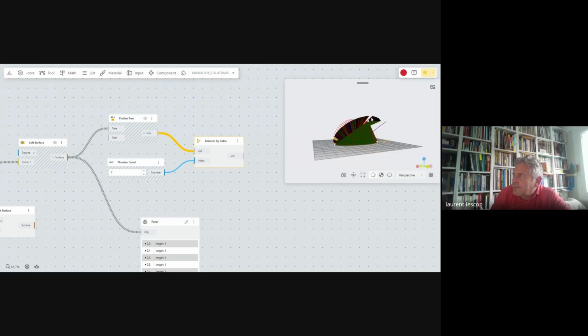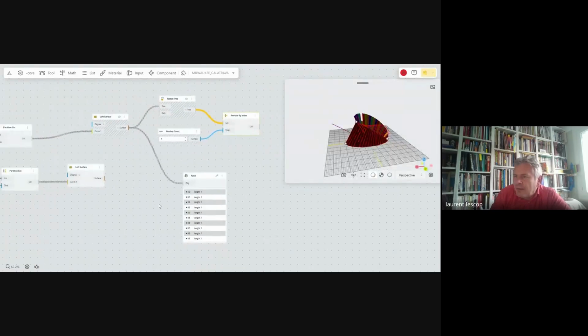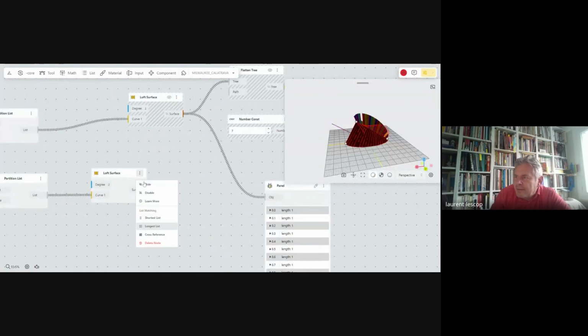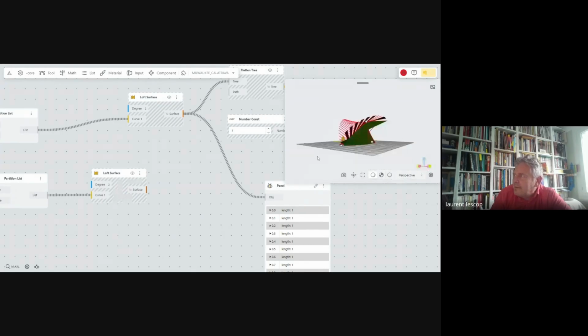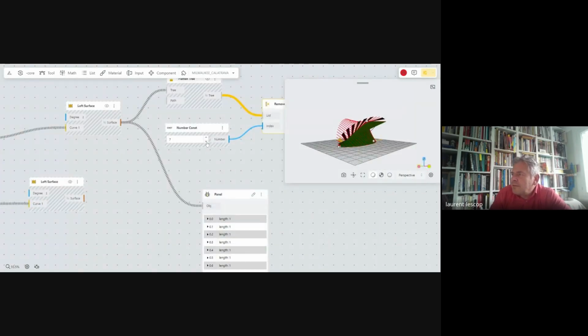So this one has been removed. We see there is one. So we're going to hide this one too, because it's going to be easier to trace.